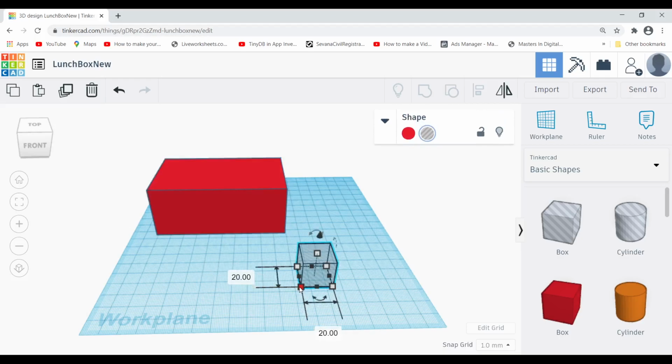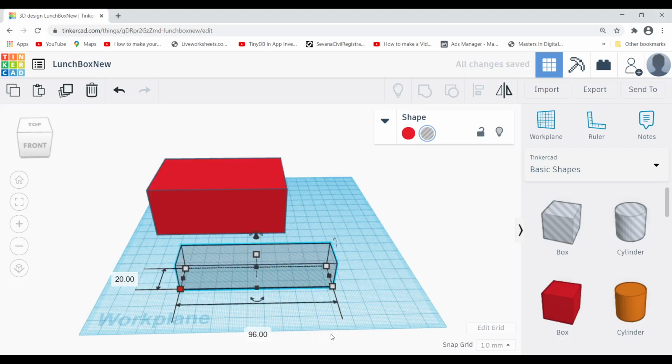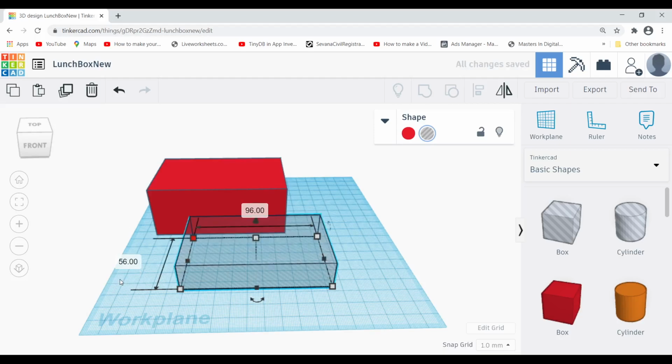Here I have to consider 2 millimeter on left and right, so I give it a size of 96 millimeters. Similarly, for the 60, again we consider 2 millimeter and 2 millimeter, 4 millimeter will be deducted. That means we give 56 as the other side.